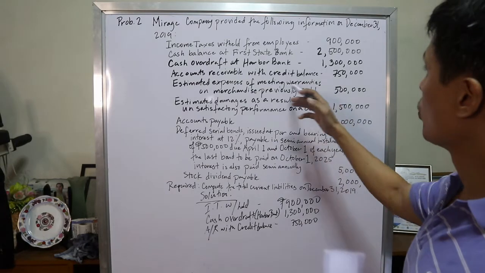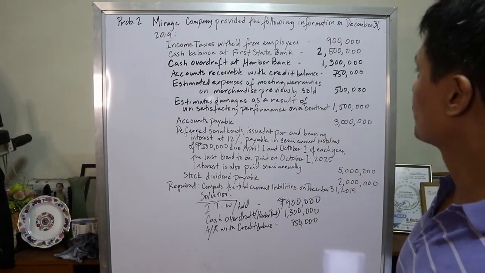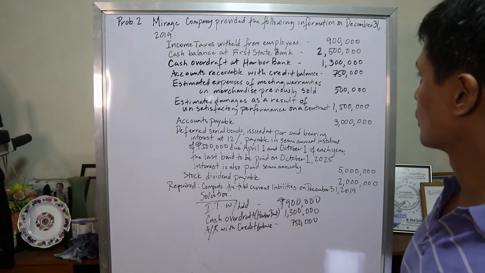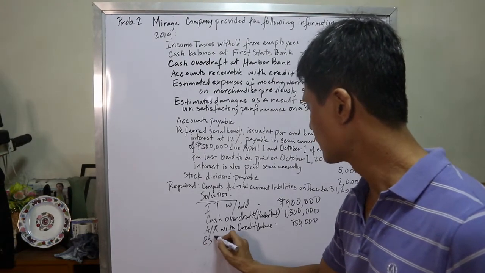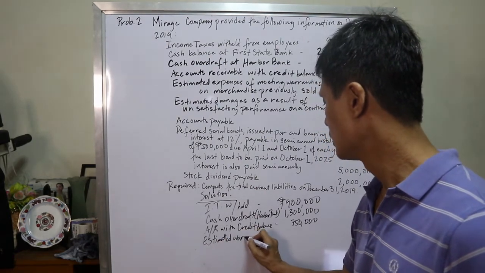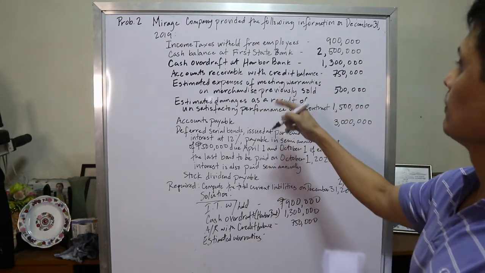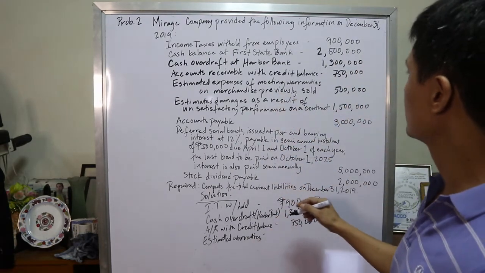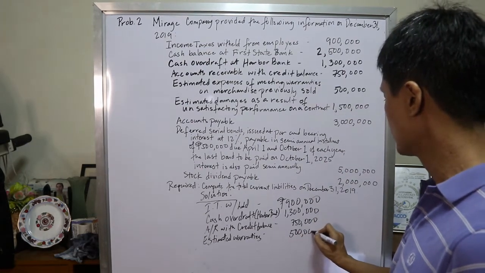And the next one is estimated expenses of meeting warranties on merchandise previously sold. Okay, so this is yung napag-usapan natin dun sa warranties, no? So these are warranties expense also. Estimated warranties, so that would be 500,000. So kasama siya dun sa